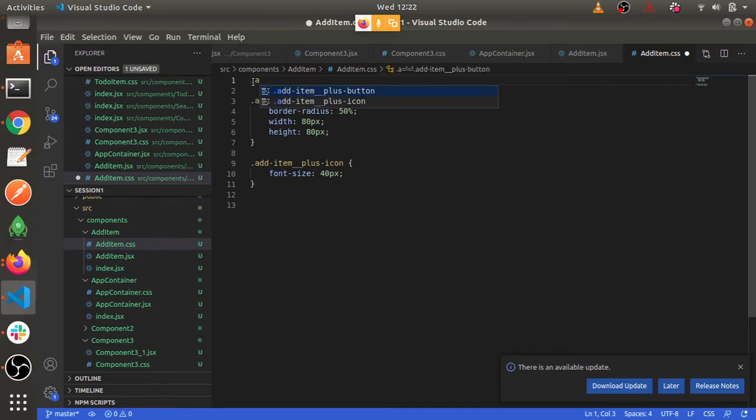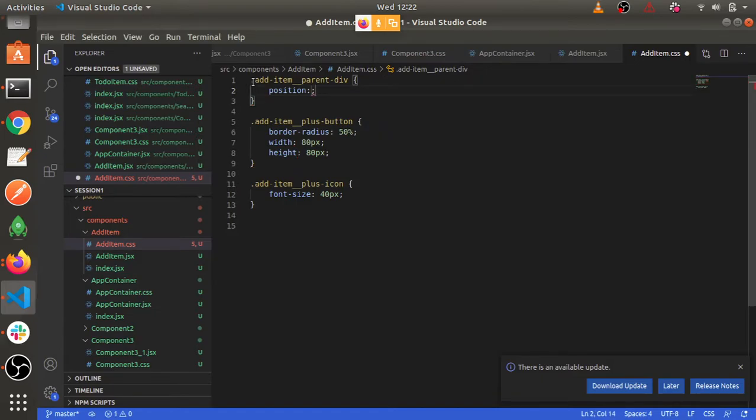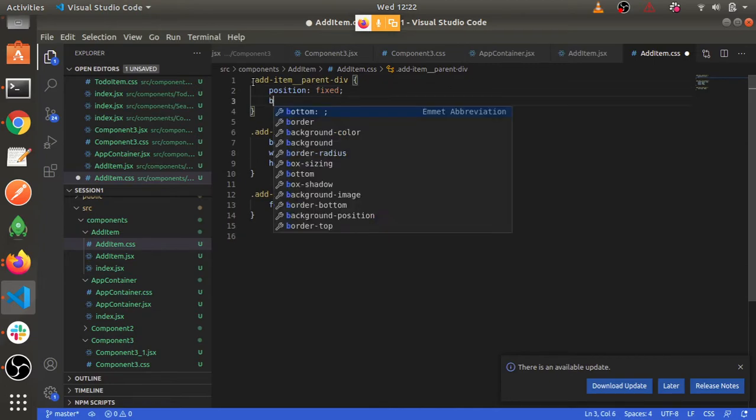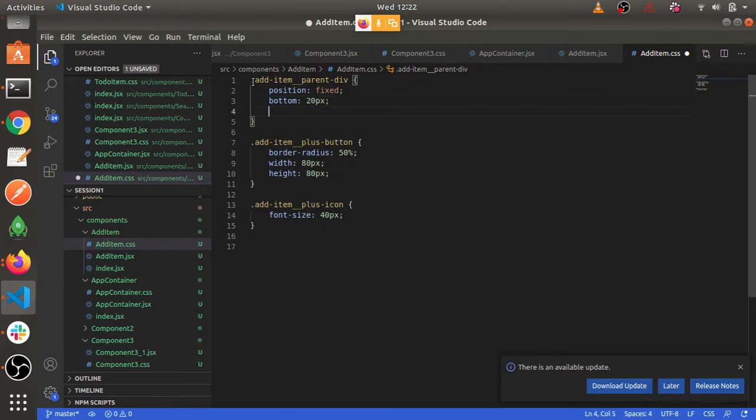Okay, dot add plus parent div, and I'll give it position, not relative, I'll give it fixed. Okay, and how much do I want to give? Bottom I'll give 20 pixel, and I'll give right 20 pixel.